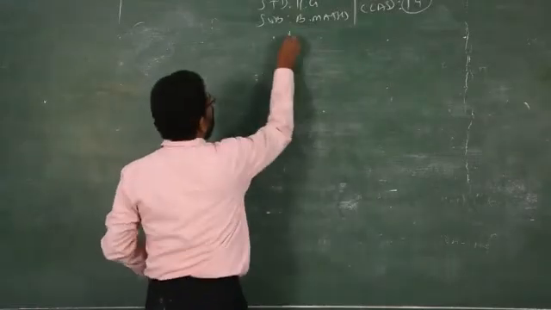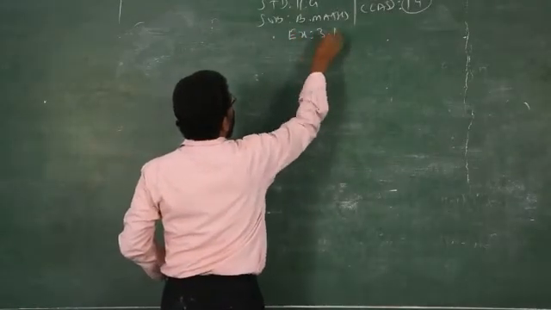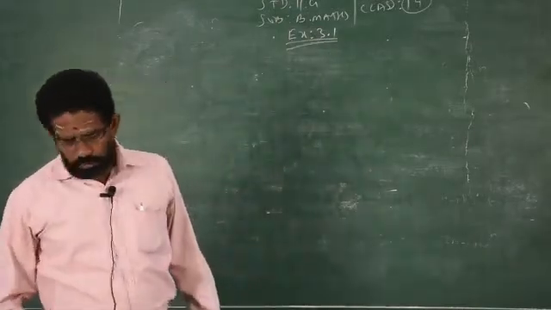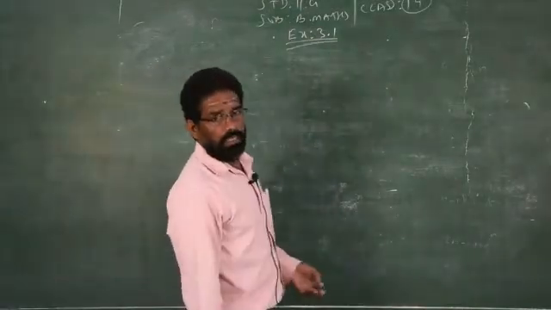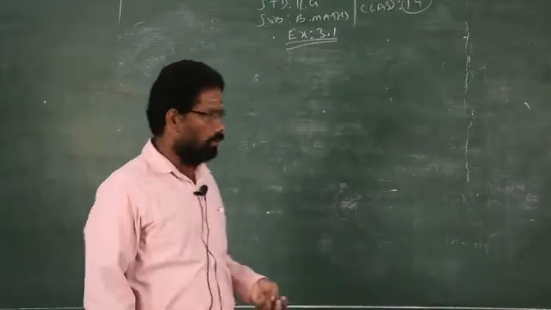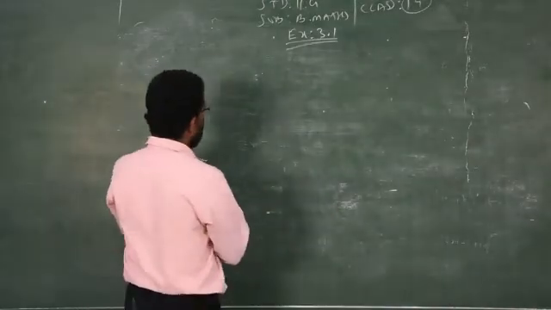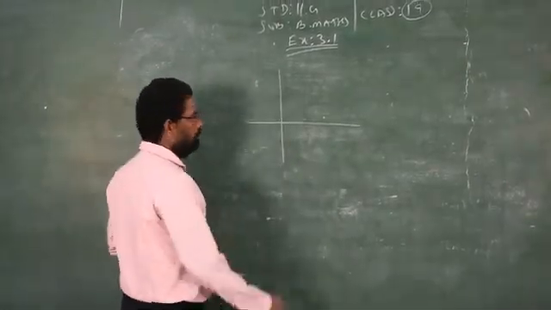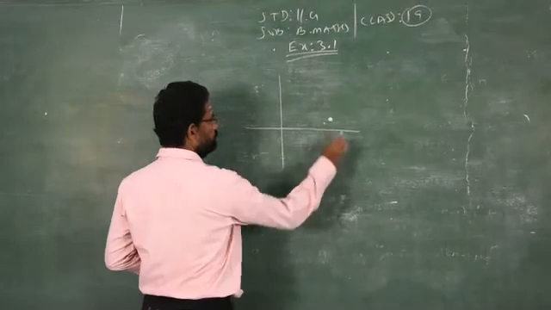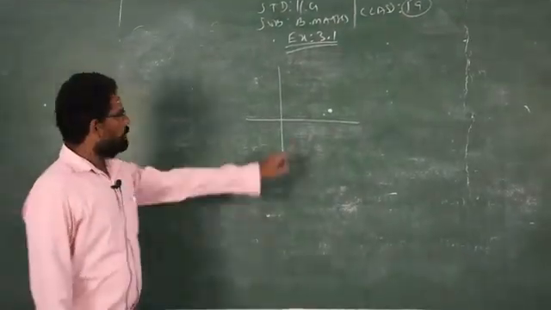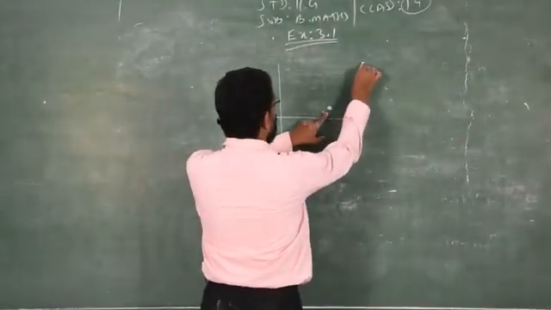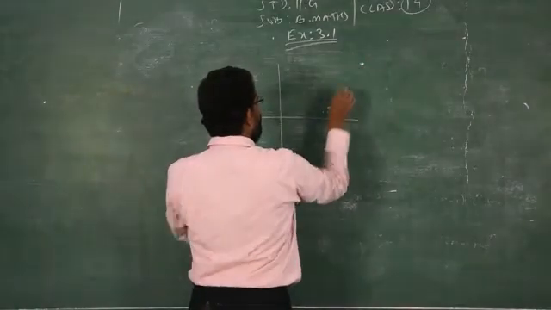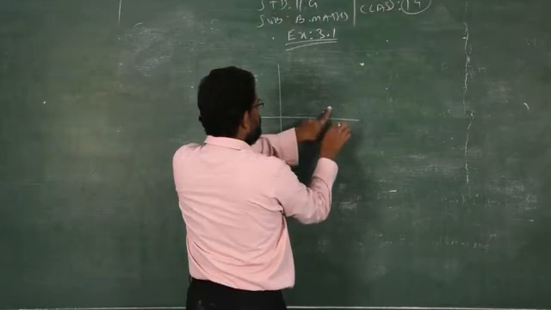Now exercise number 3.1. This is very easy. Locus. So what is meant by locus that you studied in lower class 9th standard? I don't know whether you were taught or not in the 9th standard. The locus is nothing but, if I take a point, based on this point, I take another one point. So if you move this point, you cannot move this point, you just keep it as it is.